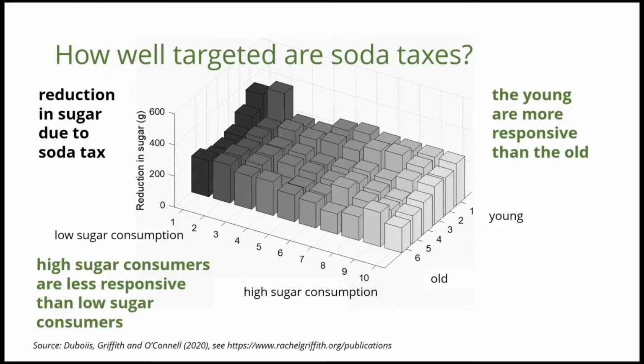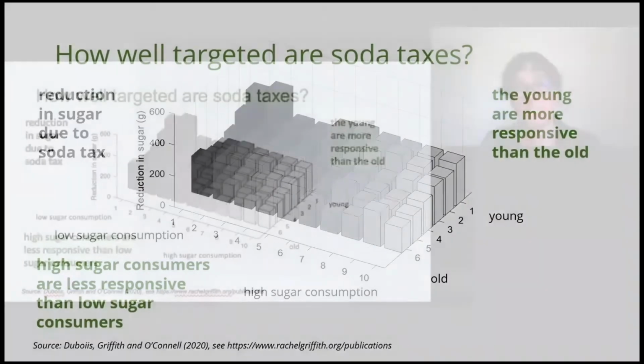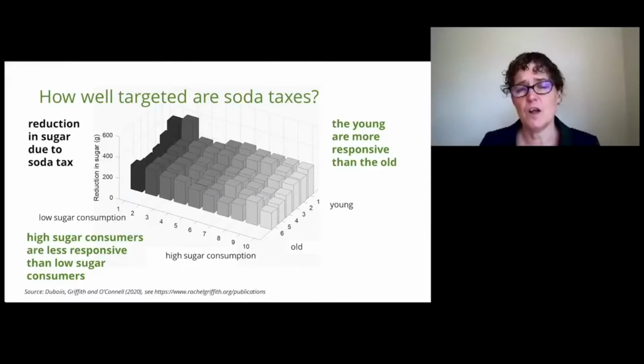Along the horizontal axes, we have age and mean sugar consumption in individuals' total diet, accounting for everything that they buy in the supermarket and eat. So people who are high sugar consumers we think are the ones who will experience the highest internalities and cause the greatest externalities. Those who are the youngest have been the focus of policy because we may think the internalities are highest for that group. In the paper, we also consider household income. Along the vertical axis, we see the reduction in grams of sugar as a result of a price increase that's of the scale of the soda taxes that we've seen implemented.